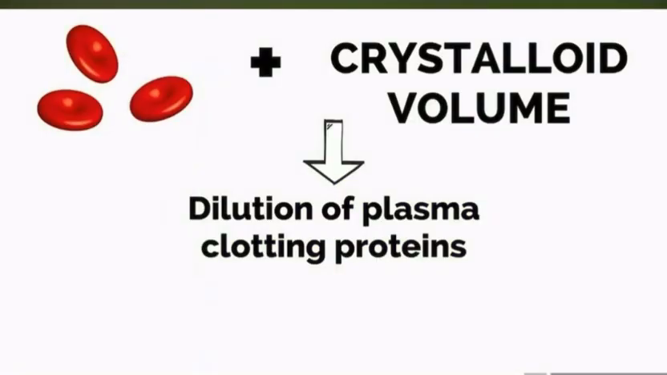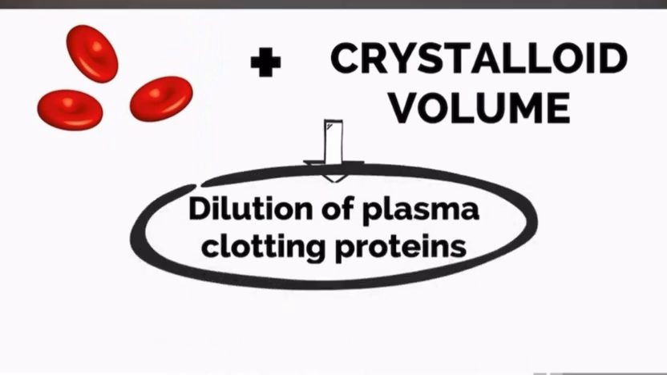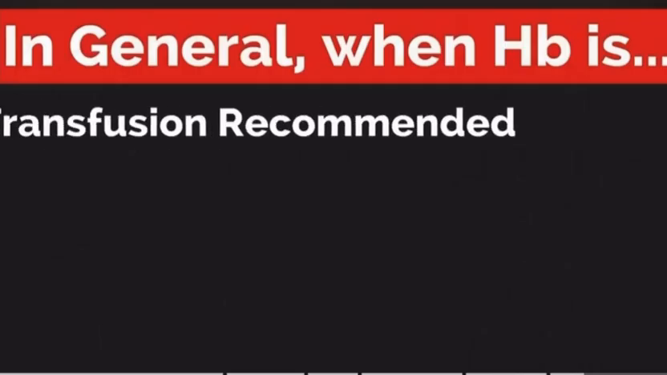In cases of massive transfusion, if only red blood cells and crystalloid volume are administered, then there will be dilution of the plasma clotting proteins. In general, when the hemoglobin is 6 to 7, a transfusion is recommended. Between